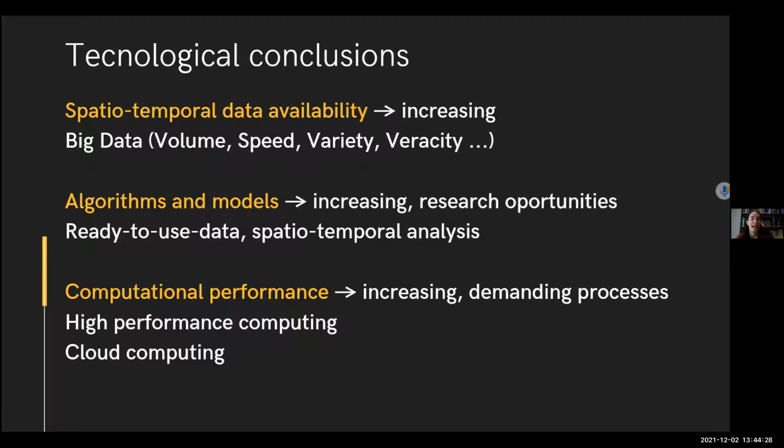new challenges. And we cannot work only, for instance, in my case, I'm from geographic information systems and geographic information, I cannot focus only on doing my spatial analysis. I also need to integrate how I manage this big data. So how I manage the volume, the speed, the variability, all these V's that we have in big data. Also, the algorithms and the models to analyze spatial temporal data are increasing. So every time we have more algorithms and models to implement.